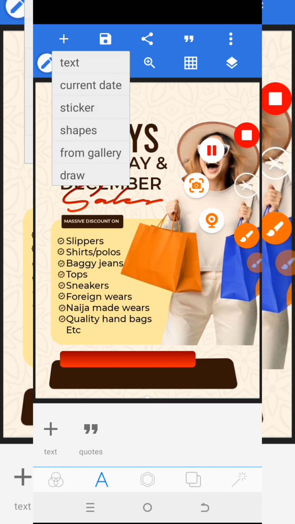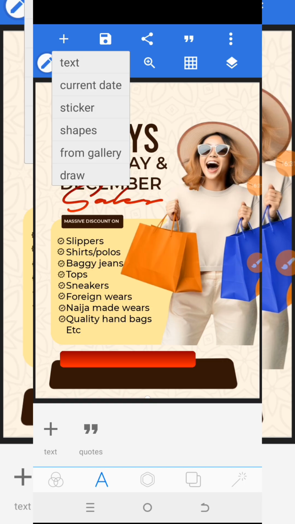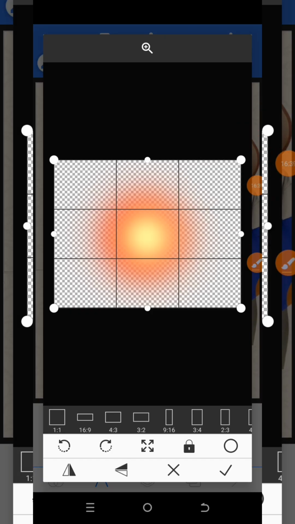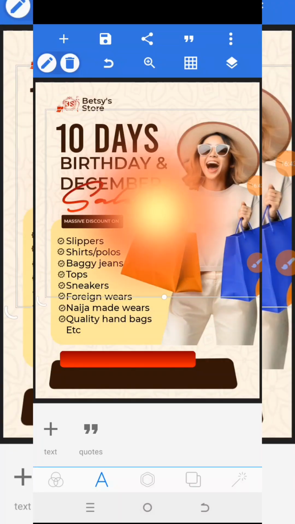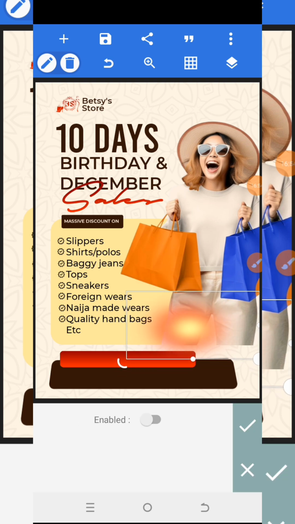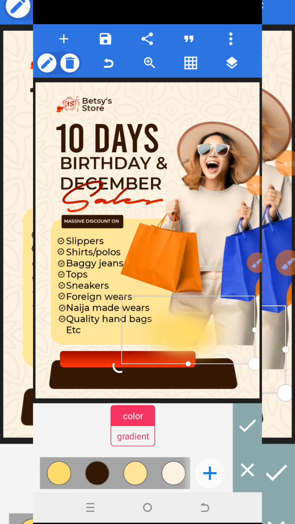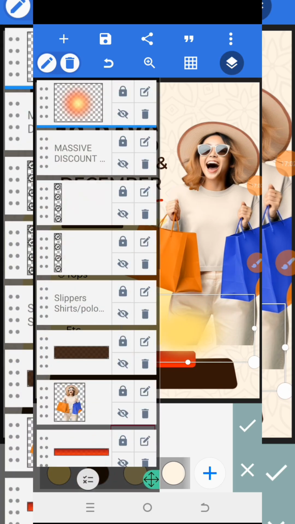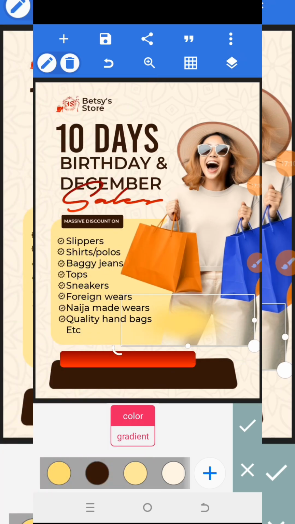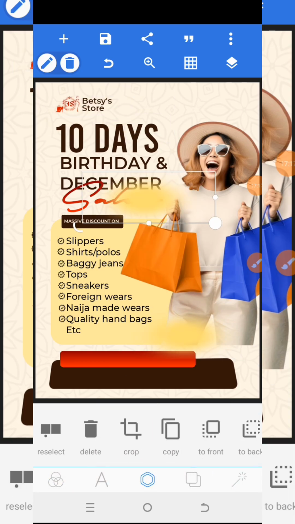So the next thing that I will do, I will just create a kind of effect like this. Let me go bring something from my gallery. So let me go to my gallery. So here it is. I'll just move it like this, and then I need it to appear less here around this axis. So let me change the color like this. I need this to be around here. Yeah, so I'll copy it, fix it here,